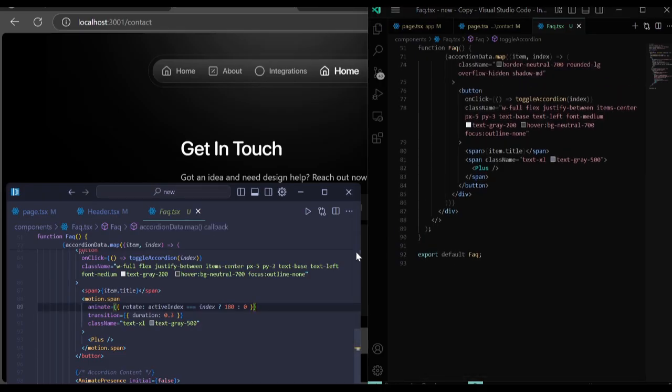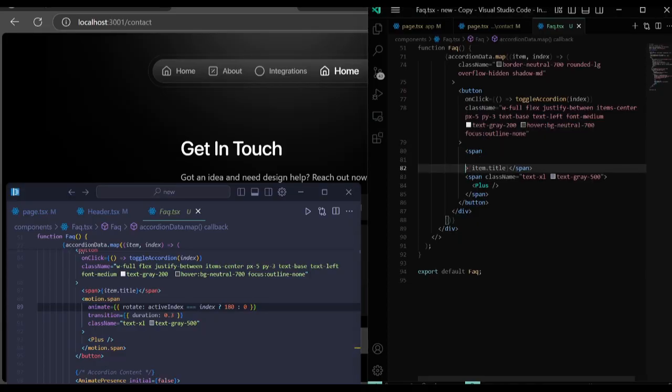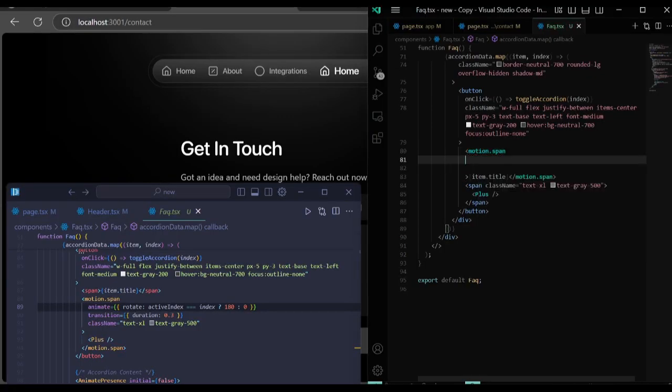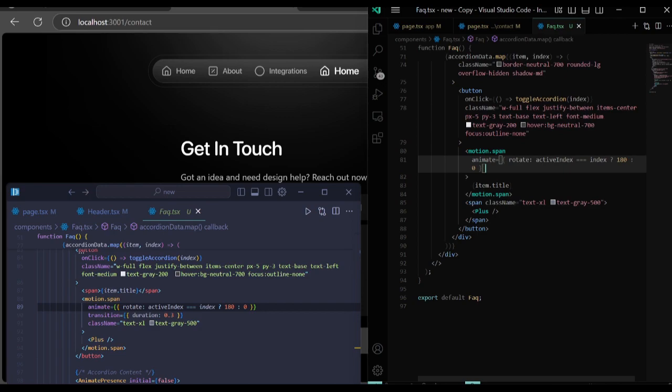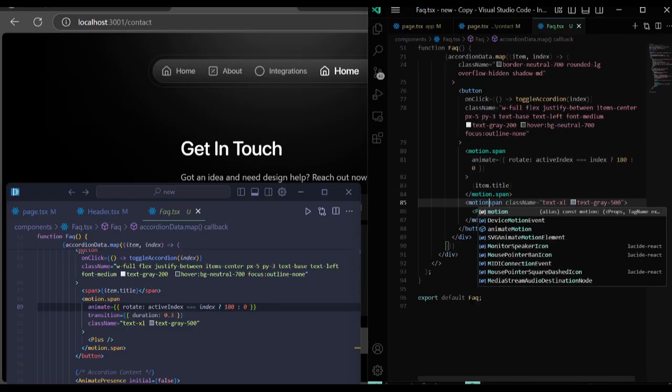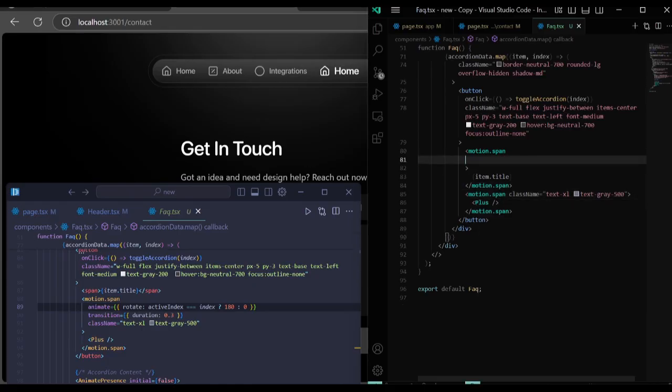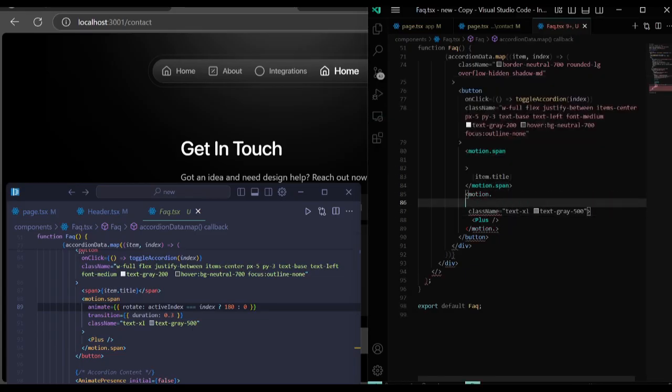So what we need to do is, right here we have this one. What it's trying to say is give it some motion dot span, so it's saying animate this. No, my bad, it should be this one, because we want to animate the icon. So let's cut this and